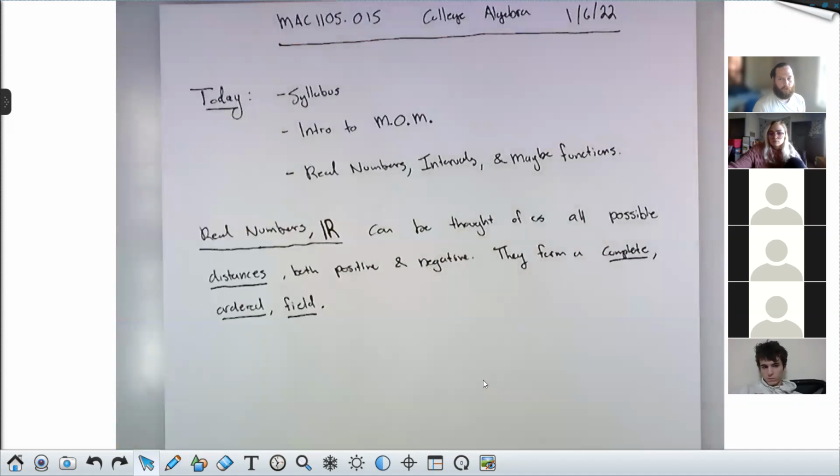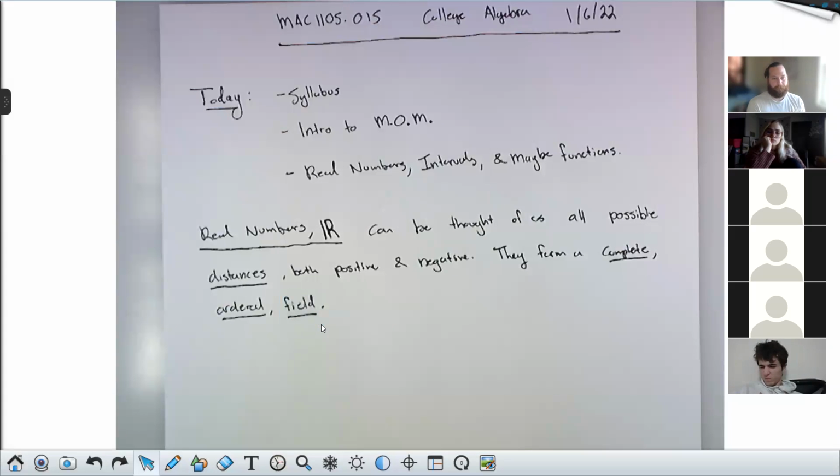These words don't mean a whole lot to us, but a field is an algebraic structure where you can add, subtract, multiply, and divide, and get something that lives within that algebraic structure. So the set of whole numbers, for example, does not form a field. You can add two whole numbers and always get another whole number. You can multiply two whole numbers and always get another whole number. But if you start dividing whole numbers, you might not get a whole number. So a field is a place where you can do all four of those operations, and the answer is always something from that set.